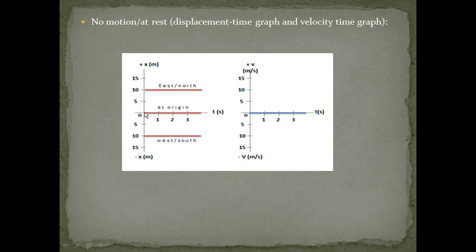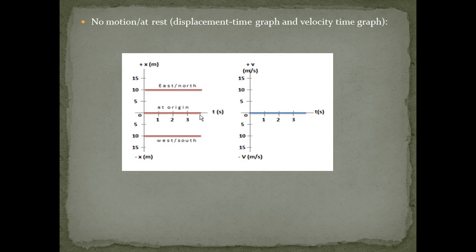So, for example, this is the location of the tree. Then the object is at that location, the person is at that location, and of course, time always moves forward. This means that the red line represents the position of the person all the time, because time progresses forward. So, although time progresses forward, the person does not progress in terms of its displacement. So, the line would simply be a straight horizontal line starting at the origin, progressing towards the right